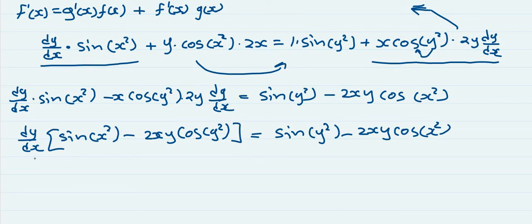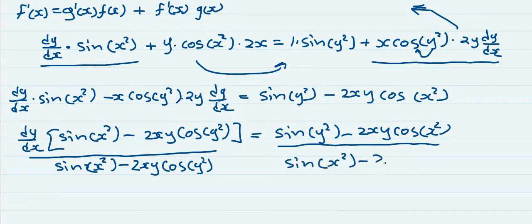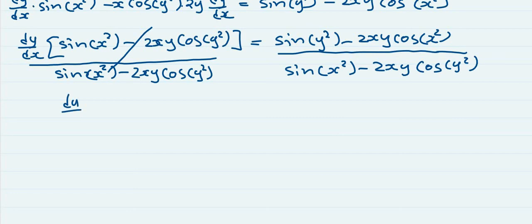Now no divide both sides. I divide both sides. Got the sine of x squared minus 2xy, the cos of y squared. Say megam sine of x squared minus 2xy, the cos of y squared. G divide the number 1, then dy over dx